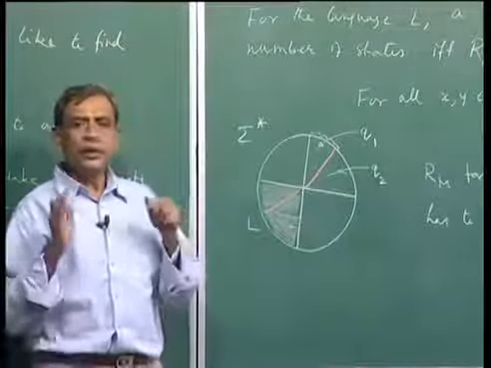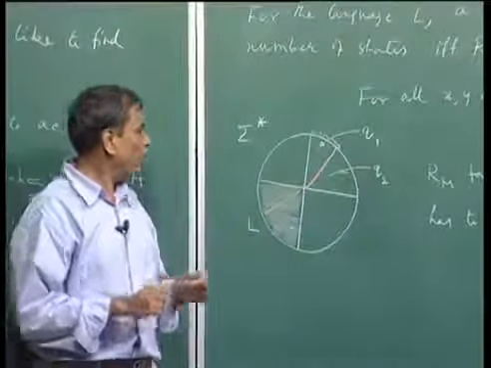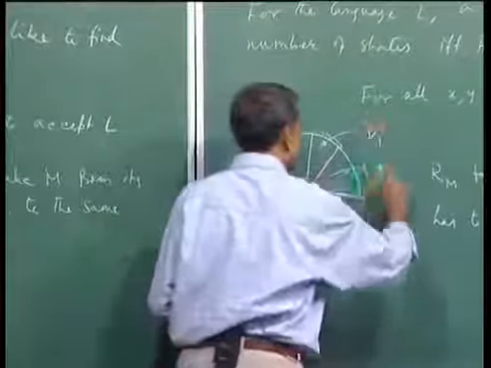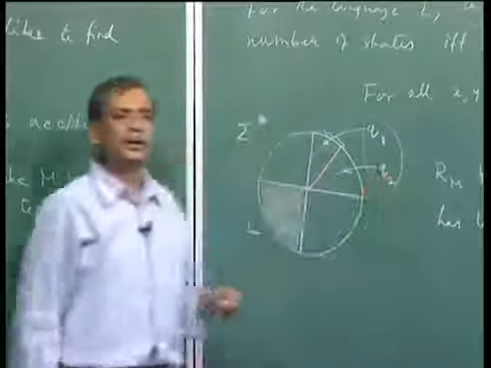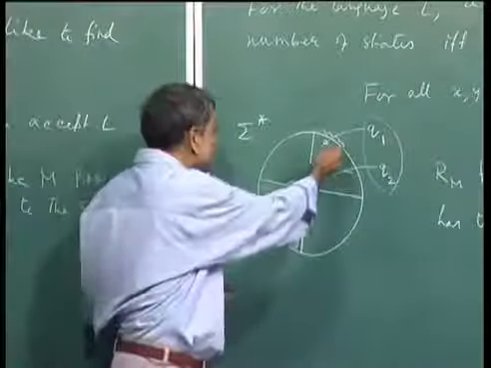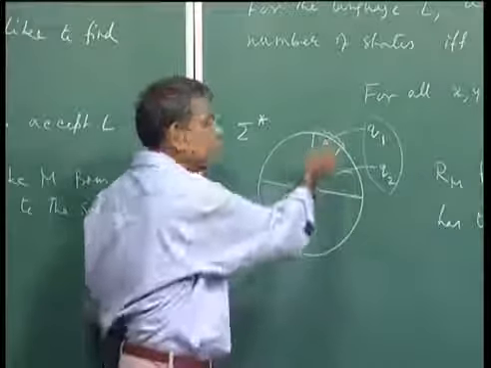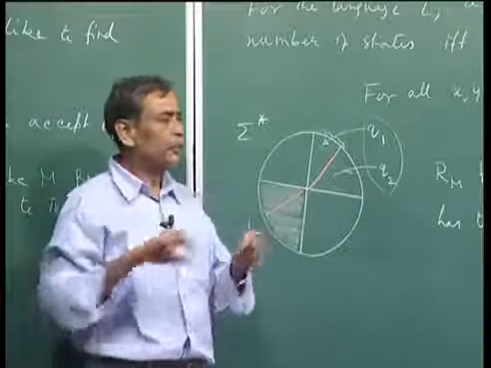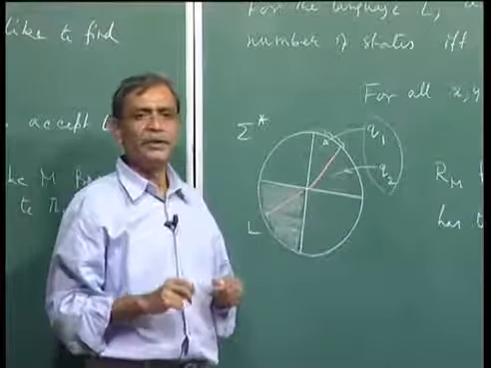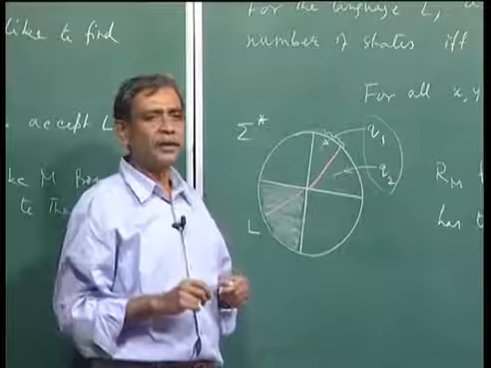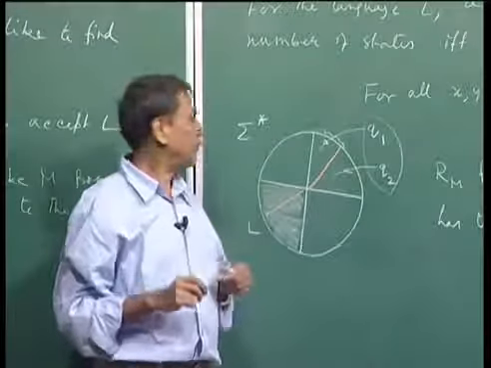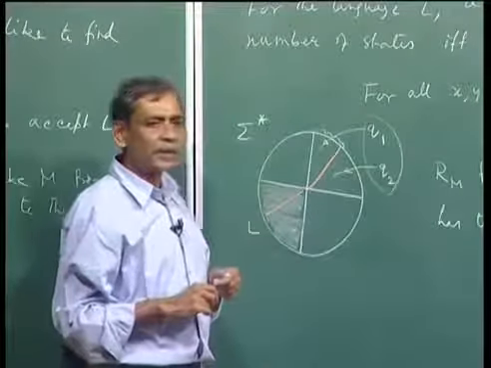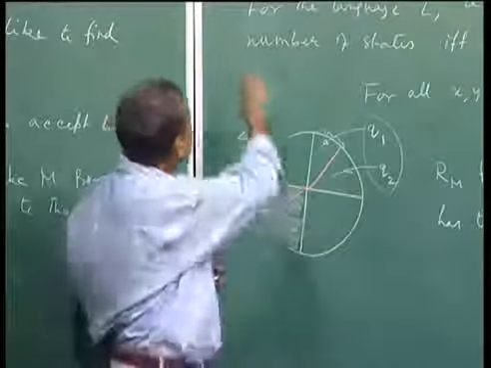So, if there is a way of combining these two states, then of course this pink line would go, and we will have improved the number of states in the DFA accepting the same language. So, this is why we are saying